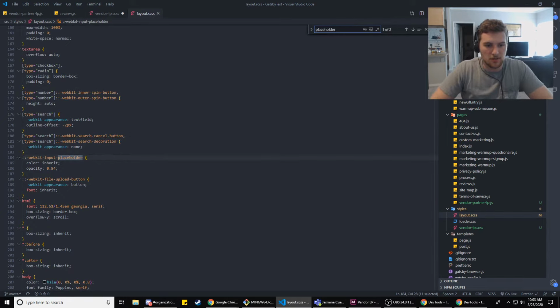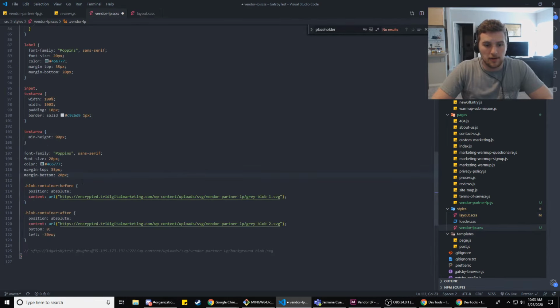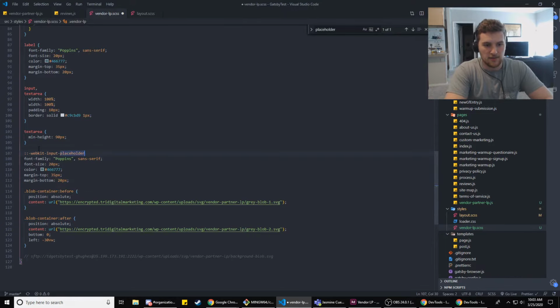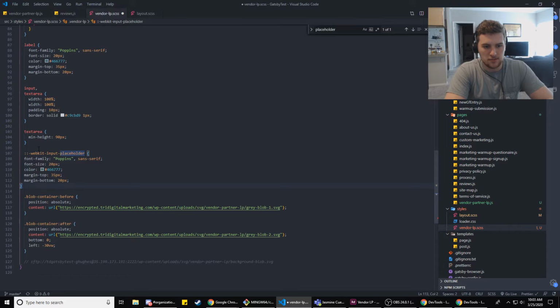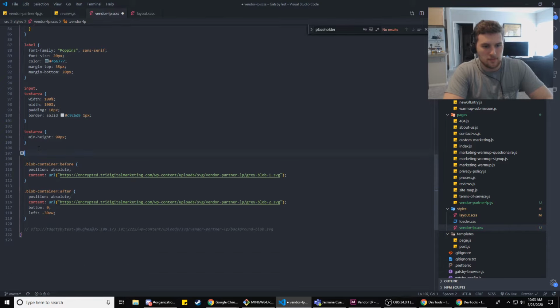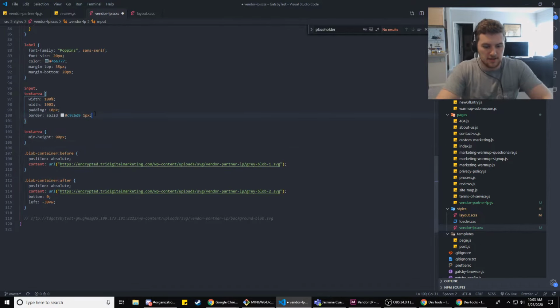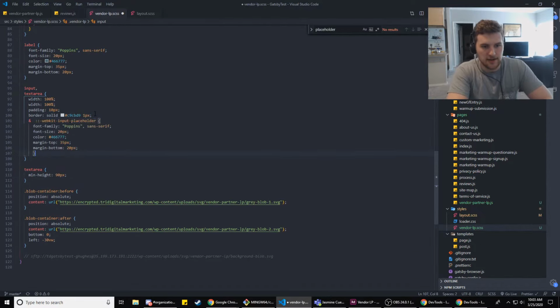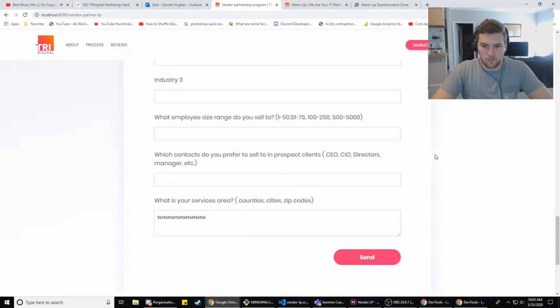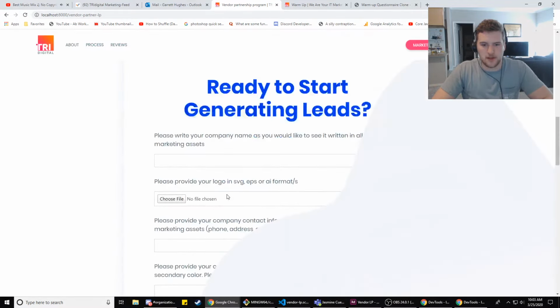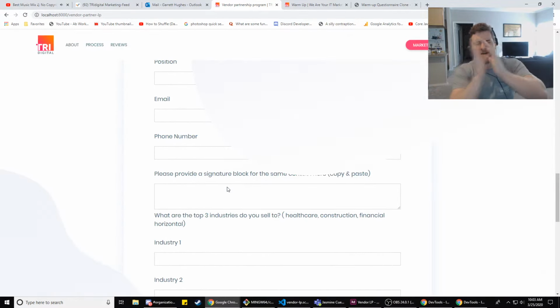So we're just going to grab the WebKit input placeholder, go over here, stick that right there, copy that, put it right there, and then this is going to be nested inside these two areas. So we'll do and placeholder, and then refresh that real quick, except it's not the placeholder, it's the input text.